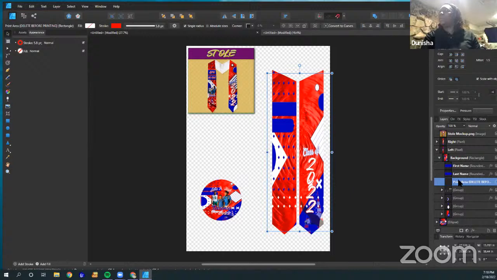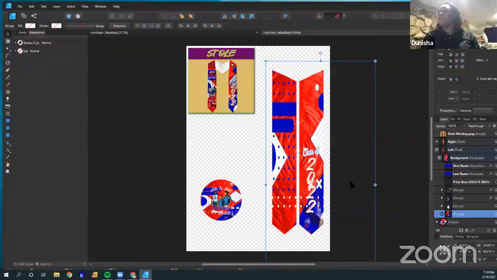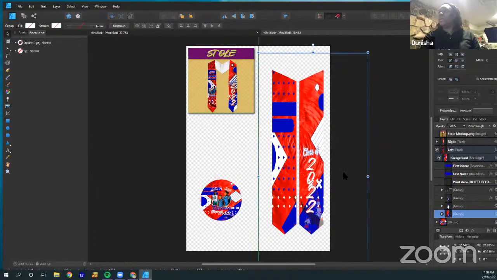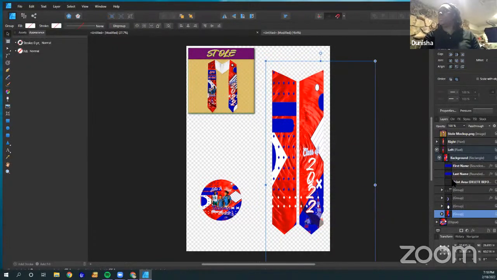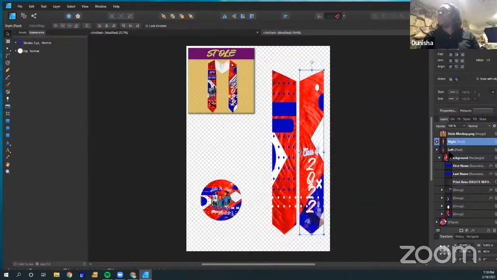All right, so that's that. I need, whoops. I'm gonna grab both of my backgrounds and kind of shift them because I need a little bit more of the blue.